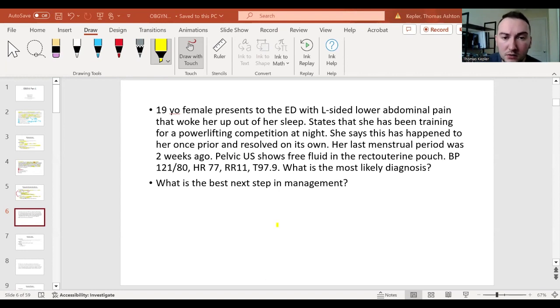All right, so diving into this one, here I kind of spliced things up. So what's the most likely diagnosis here? We have a 19-year-old female